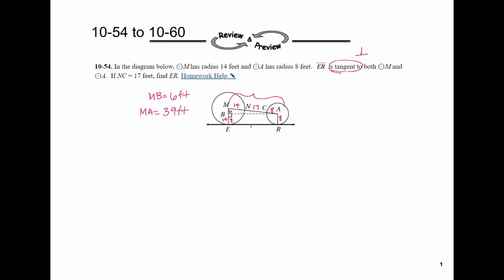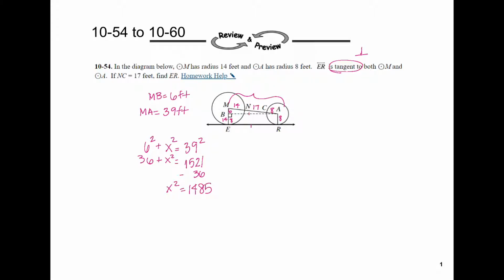So we know that these two lines are parallel and the same, so we can use the Pythagorean theorem and say, because it's a right triangle, 6 squared plus ER, or AB squared, is equal to 39 squared. We know that 39 squared is 1,521, and when we subtract 36 from that, because of inverse operations, we get x squared is equal to